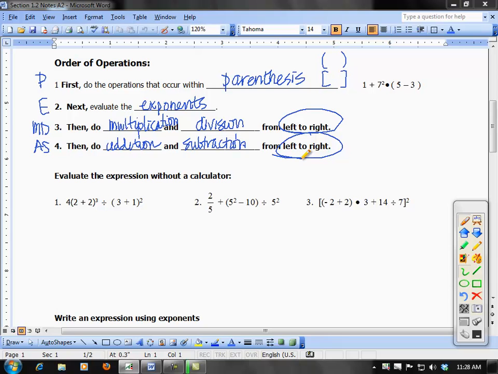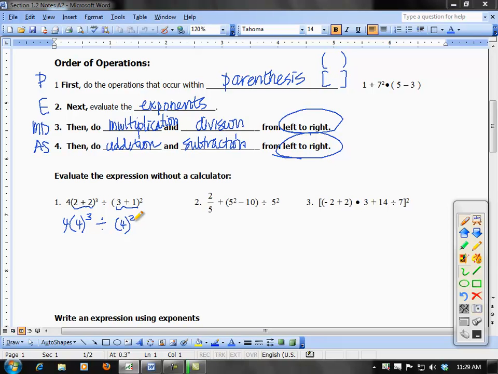So let's do a couple of these as we go together. We want to start with our grouping symbols. In number 1, we need to group these, and we can do it at the same time because there are 2 grouping symbols. So I'm going to rewrite, and in this section I want you to show all of your work. So 2 plus 2 is 4, so times 4 cubed, divided by 3 plus 1 is 4, so 4